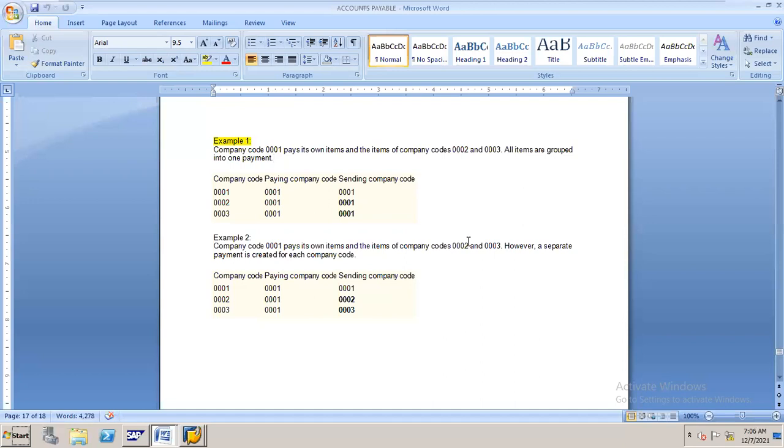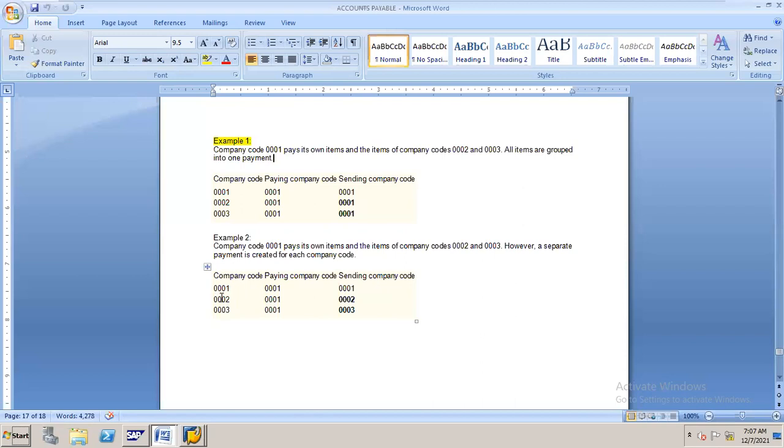So in case of the first company code, who is paying? The first company code, and sending is by the first company code too: it pays its own invoices and the check is in the name of the first company code.